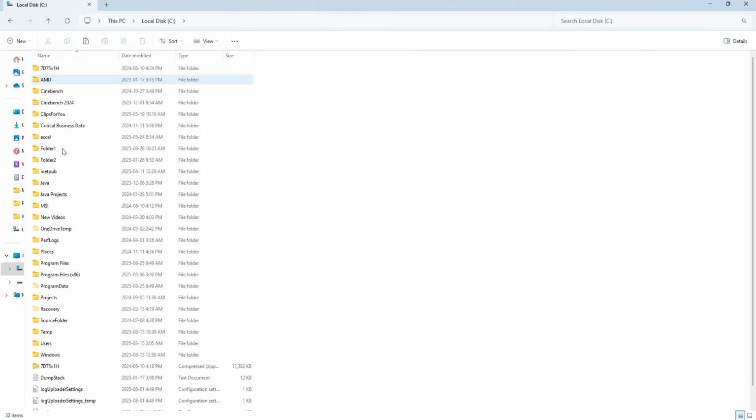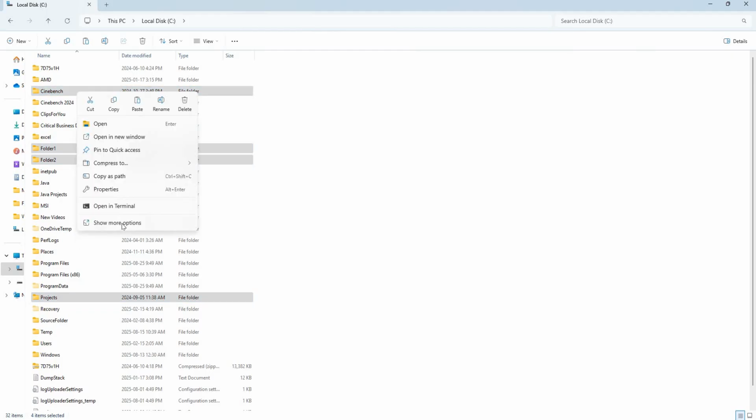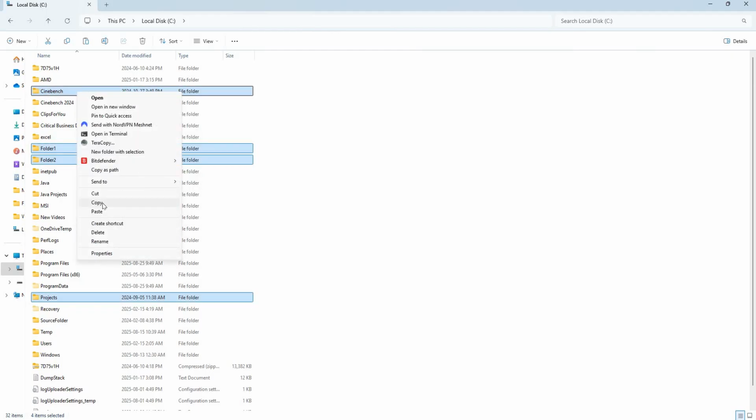Now you can also select multiple folders. All you have to do is on your keyboard hit the control key, so that's the one labeled CTRL. Hold that, left click on whichever folder you want, and then you'll see here that you can select multiple folders here. Go ahead and select the ones that you want, and same process, just right click, click show more options,